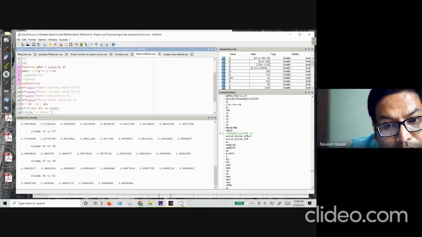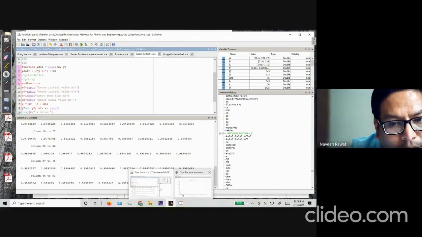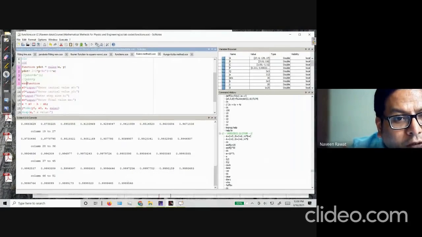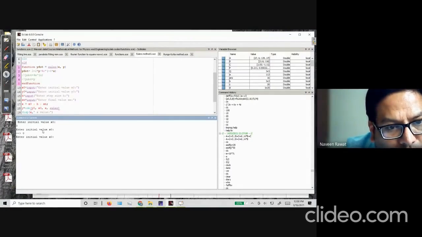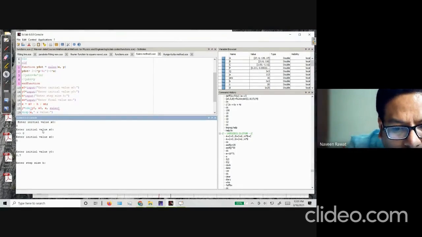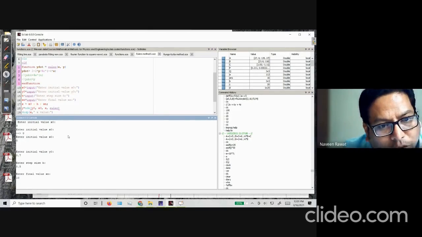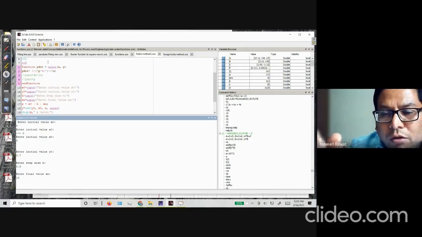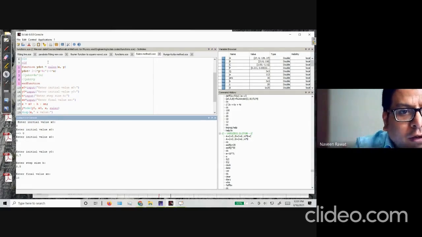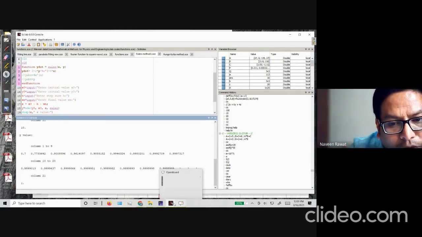If you want to not have such a good fit that you're seeing here, let's try to play around with the step size a little bit. If I change this now, I again start with some zero value, and I'm starting with 0.7 intentionally. Step size I'm going to increase to 0.5, and final value I'm going to up to 10. So it is going to go from 0 to 10 in step size of 0.5, and so now the slope that I have created, that value is larger. So let's see how our function looks.